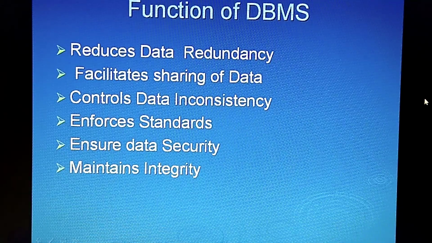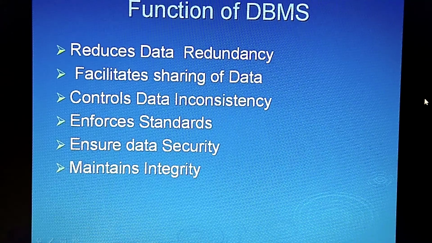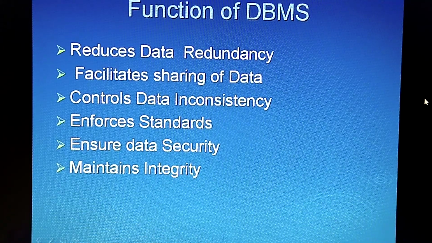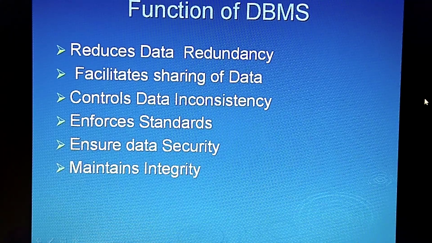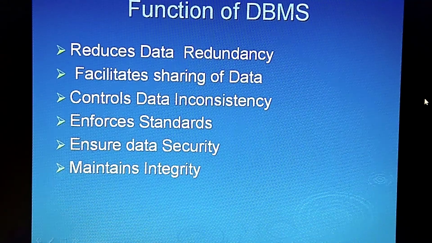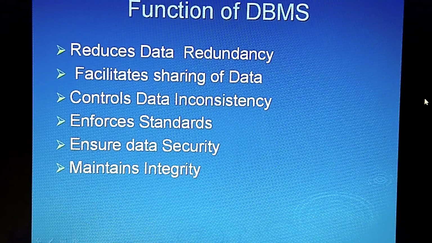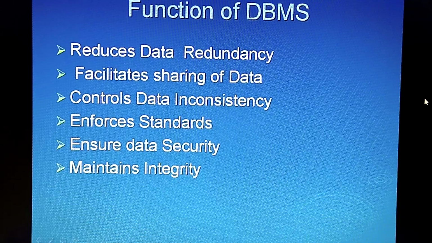What is? Reduce data redundancy. Data redundancy means duplication of the data. Now for example, suppose I have entered the details of a particular book. Once again I have entered that one by mistake. Then what will happen? Duplication of the data is there.